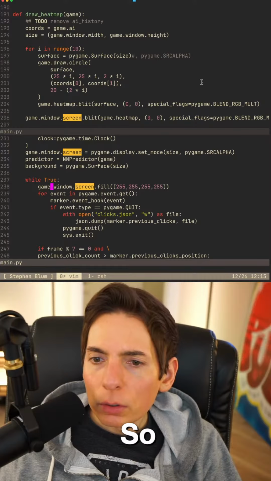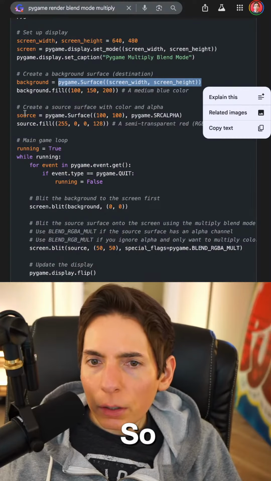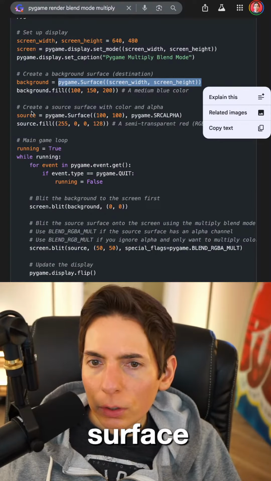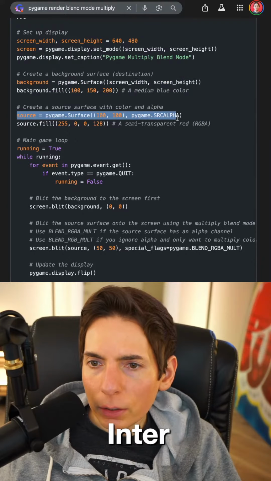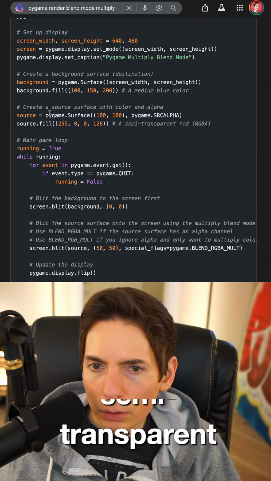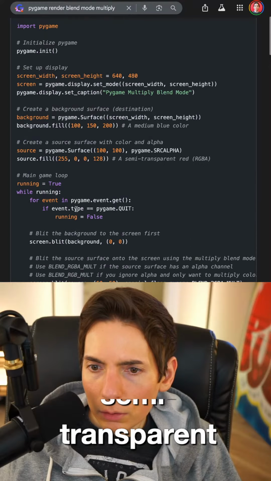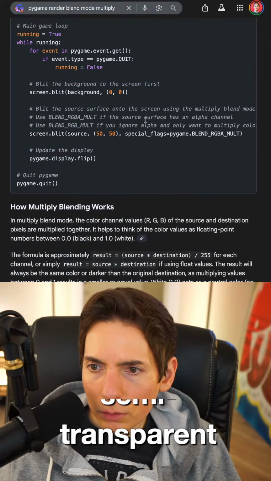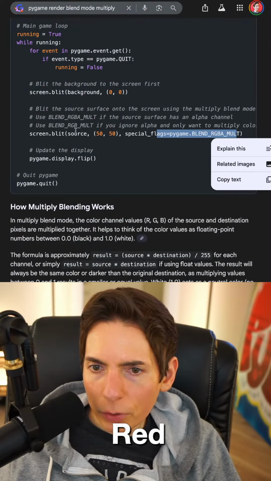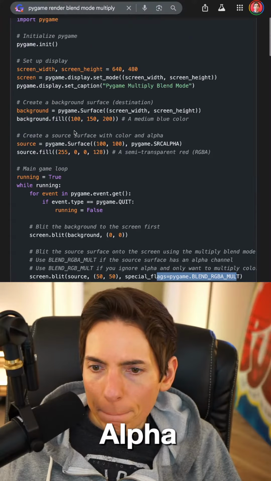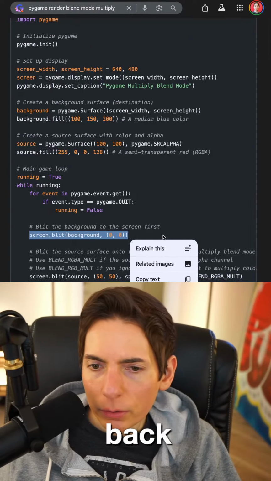So... source surface. Interesting. Semi-transparent. Red, green, blue, alpha. Blit the background.